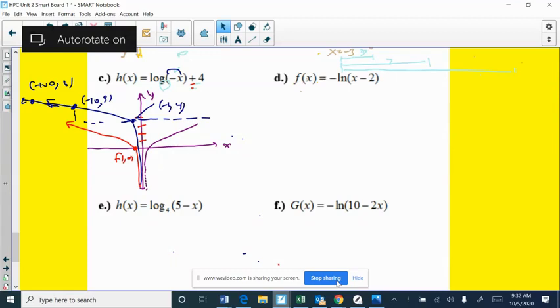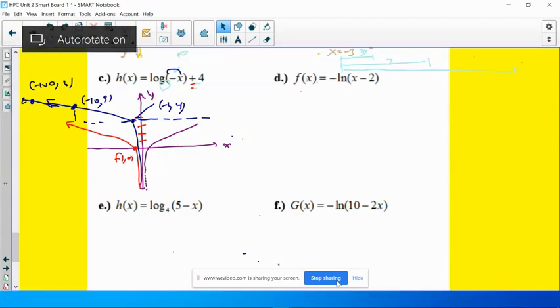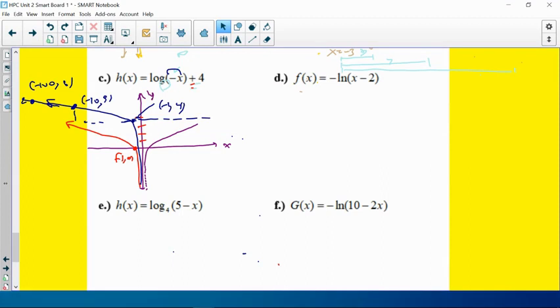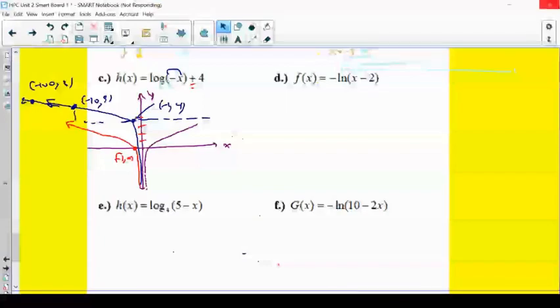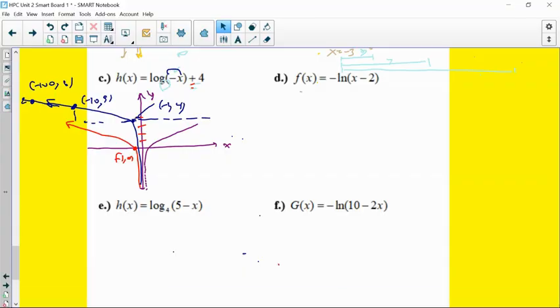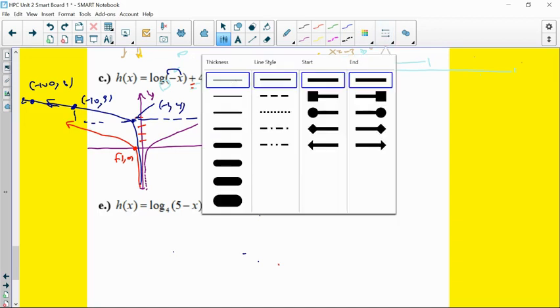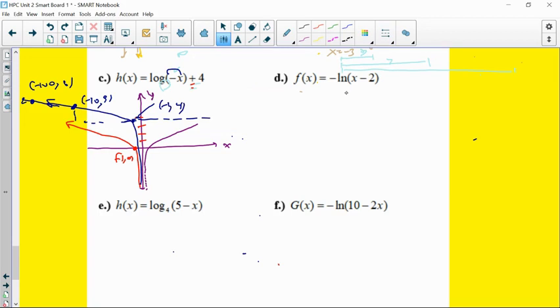Okay, so in this video, we'll look at some more examples of graphing logs. Try as many of them as you want on your own, and then come back and check them with what I've graphed, or graph them as we go. So on the next one here, part D, I know that x minus 2 is a